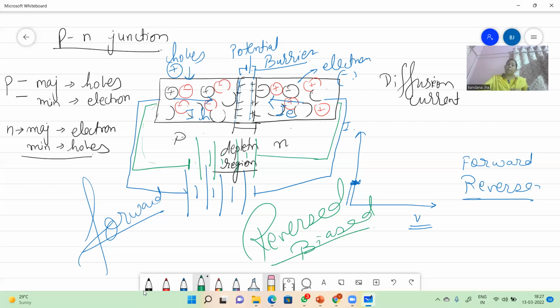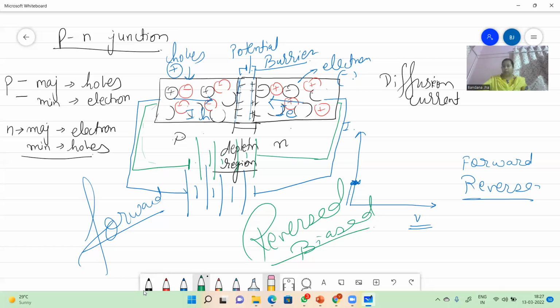If the current is milli, then the voltage will be what? Micro, because voltage is always bigger compared to current. So the voltage will be microampere or more or less ampere of voltage will be there, and the